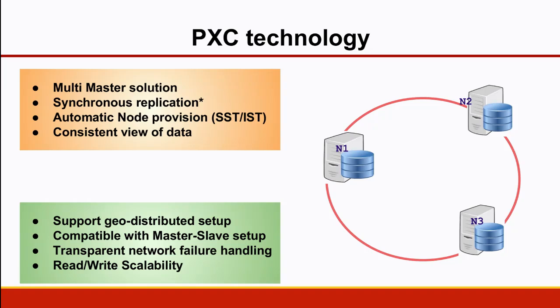IST effectively means that if your node goes out of the cluster for a short period of time, it can rejoin the cluster by just getting the missing write sets, or missing transactions, from any of the nodes of the cluster. Okay. And the consistent view of data has been one of the most important aspects of any multi-master